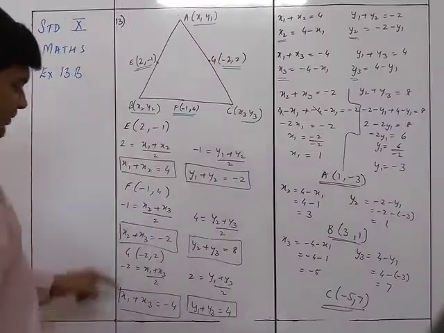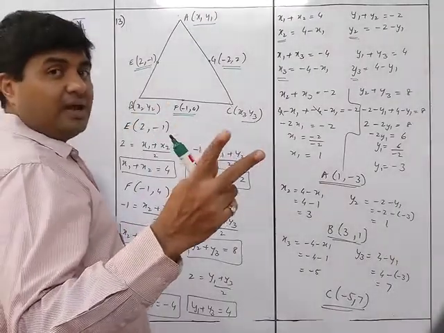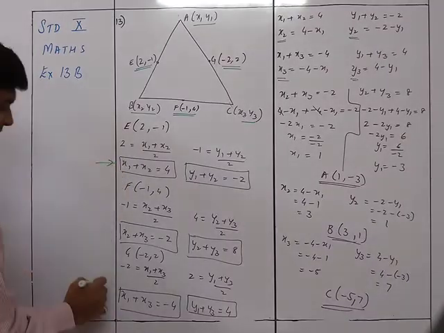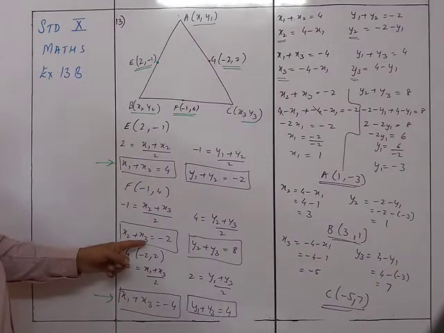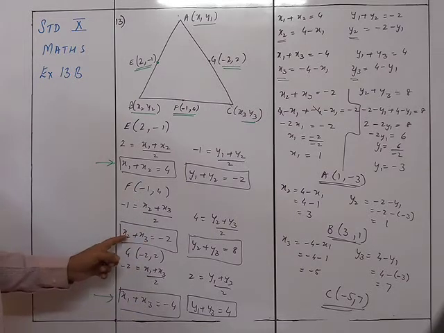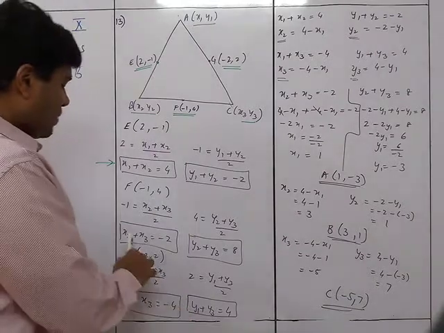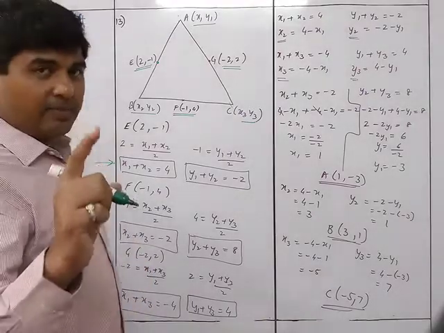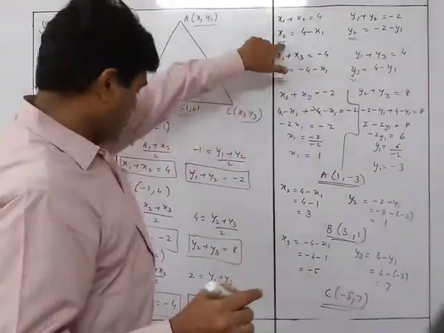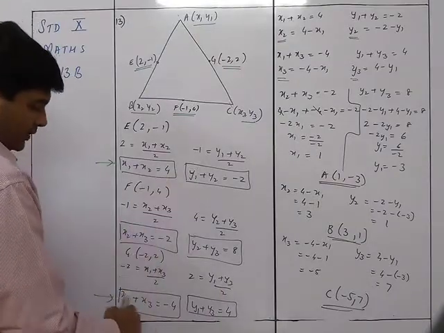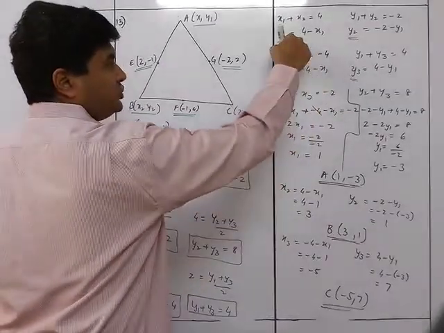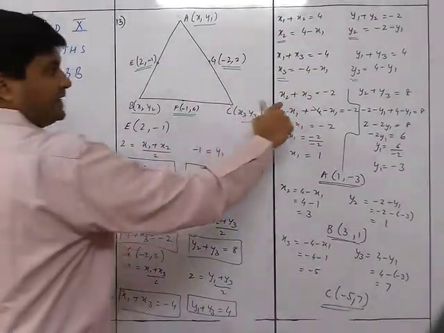Once you have these 6 equations, you take any 2 equations and bring them in terms of one particular variable. So what I've done is that I've taken this equation and this equation, and converted both x2 and x3 in terms of x1, so that the whole equation becomes of one variable and not two variables. So I took x2 in terms of x1 and x3 in terms of x1, and then I substitute the values of x2 and x3 in this equation, x2 plus x3 is minus 2.